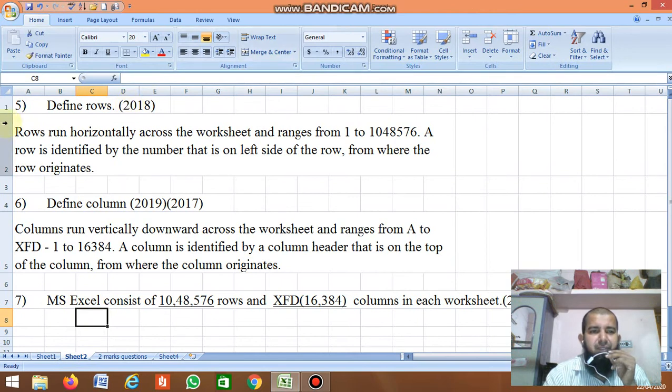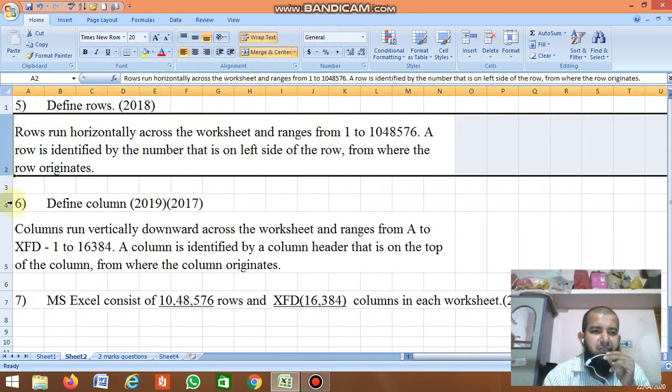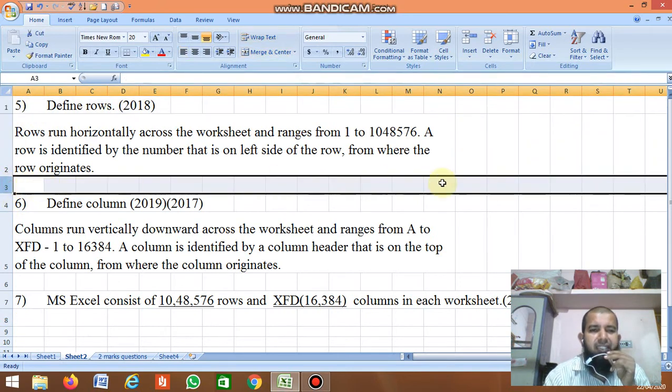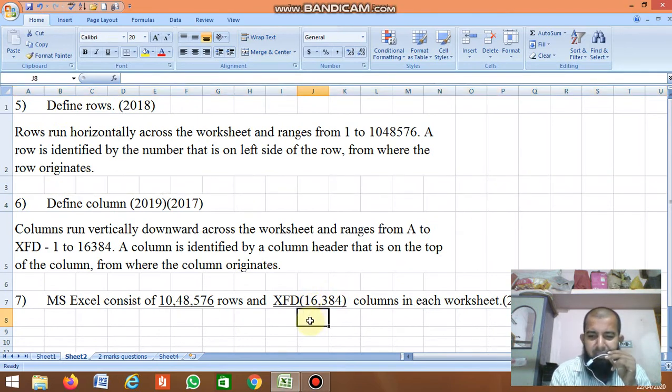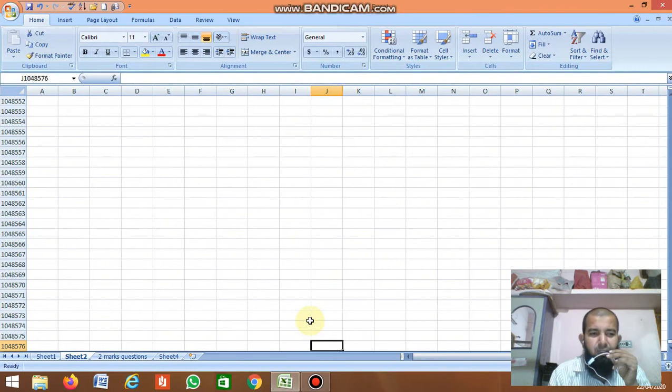Next, fifth. It was asked in the 2018 question paper. Define rows. This is the first row, the second row, the third row, like this. If you press Control and the down arrow, it goes to the last row, which is 10,48,576.